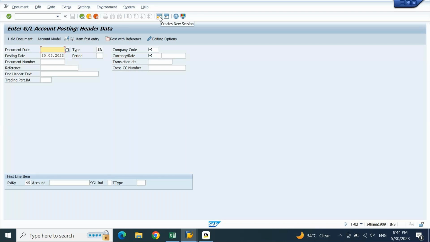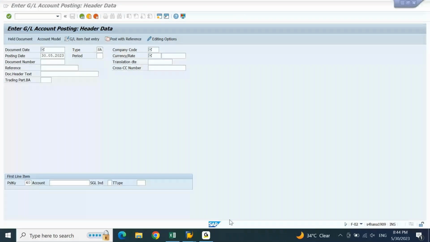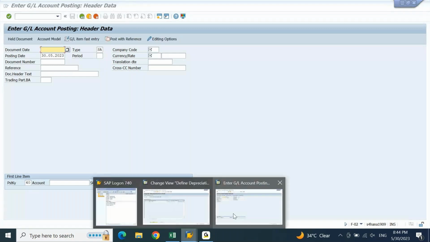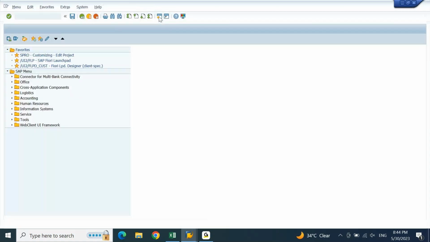Now you all know that we have a table to check the ledger assignment for your company code. Open a new session, SE16N.